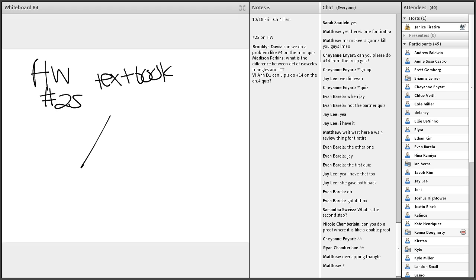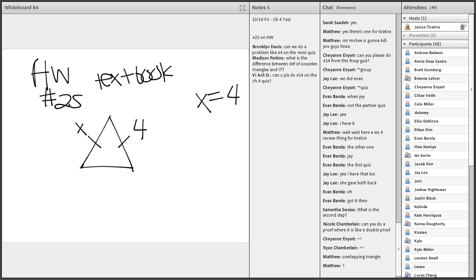So we have a triangle. Oh, it's isosceles because two sides are equal. So by definition of isosceles, two sides are equal. So automatically x is 4 just because they have the tick marks. Then we have a 50, a y, and that's it. Because two sides are congruent,